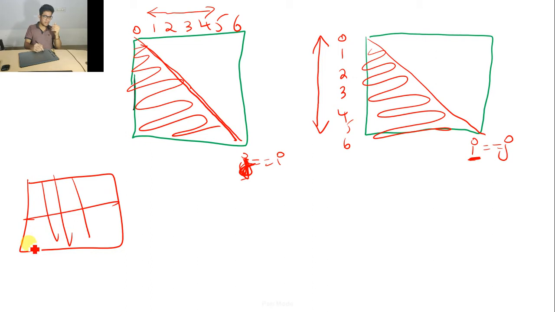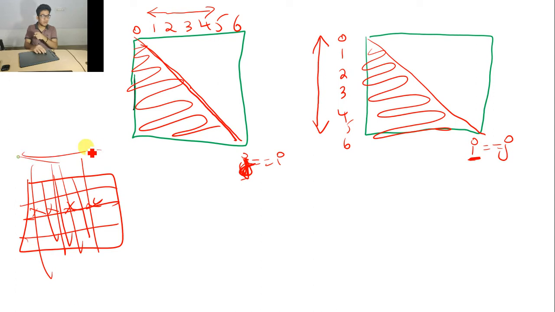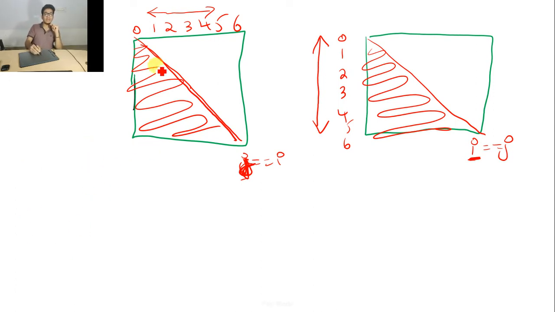But if I make it like this, now don't you think all the columns I have accessed? Yes, which means if you want to access the columns, you have to talk in terms of left and right, not up and down. Now watch here. Since you are talking in terms of j,